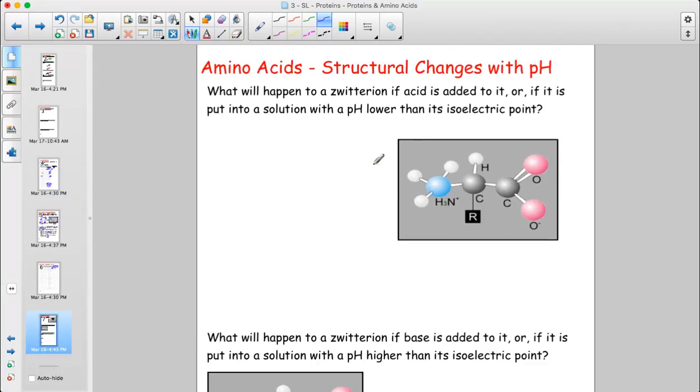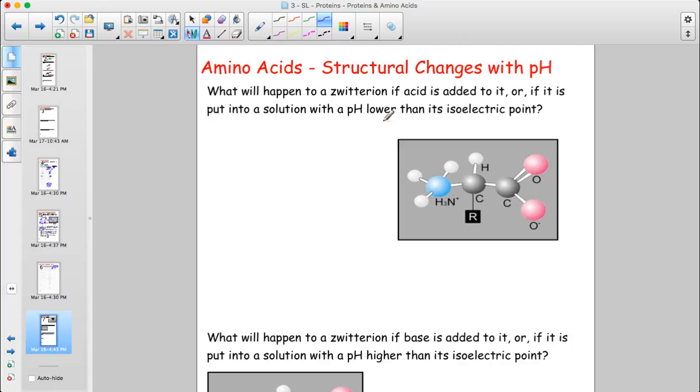So one of the things that you're going to be expected to be able to predict is what's going to happen to the Zwitterion, or what structure the amino acid will have in general, depending on the pH value. You'll have the data booklet on paper 3, so it's pretty easy to know when it's going to look like this. This is the Zwitterion form. It will look like that at the pH value that's listed in the data booklet.